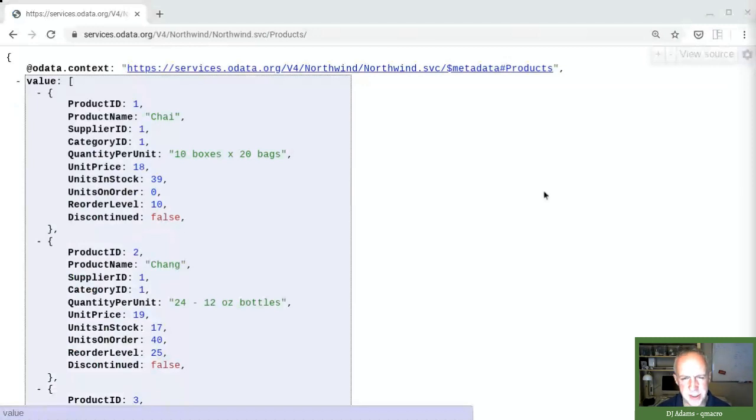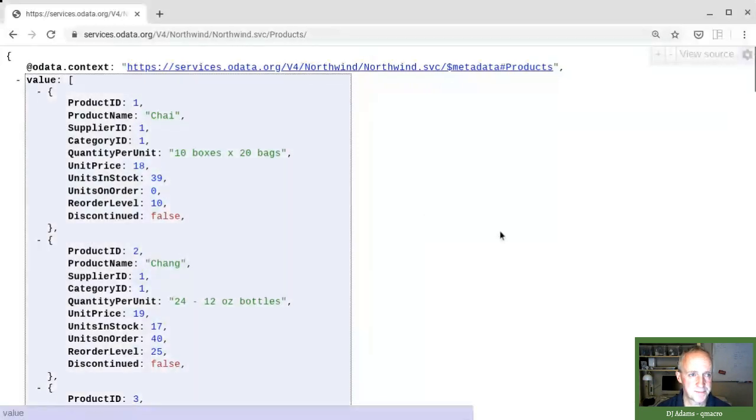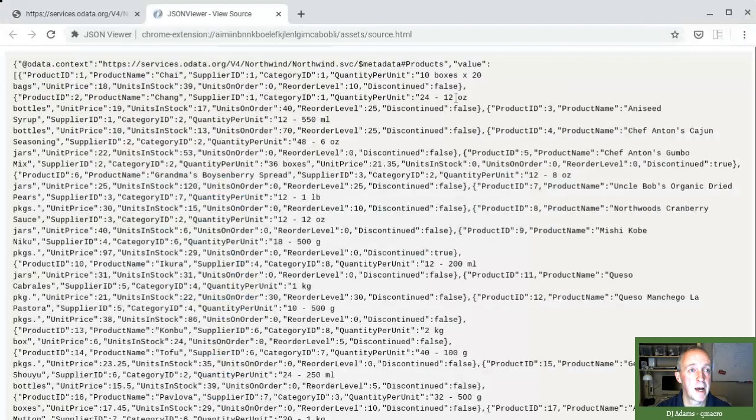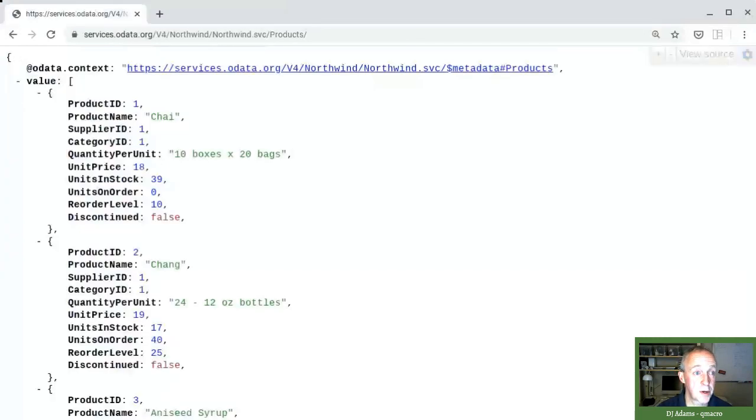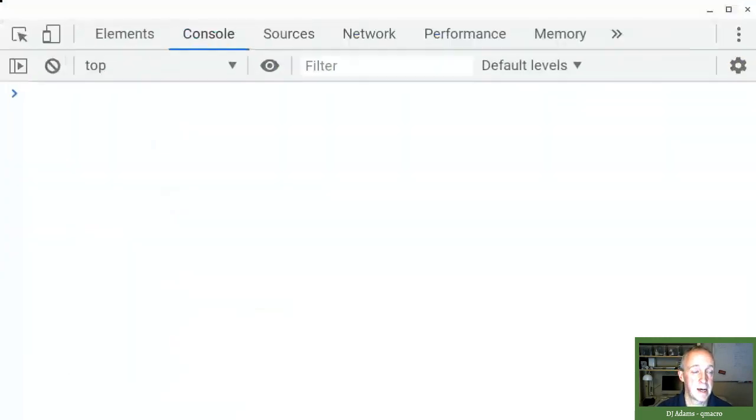So I want to keep this as simple as possible. So I'm going to grab the data. These are products here. I'm going to grab the data from the source, and we can get rid of that. And now I'm going to bring up the only thing we're going to use from now on, the